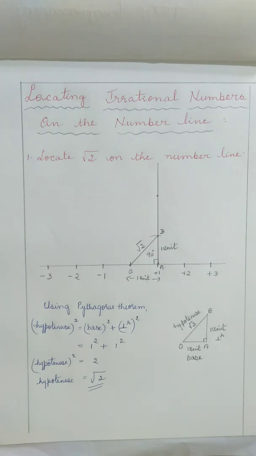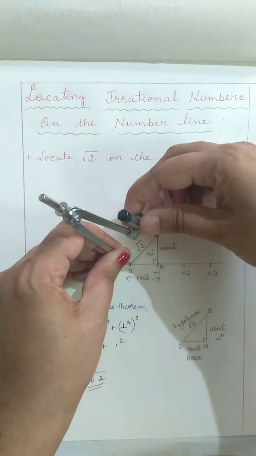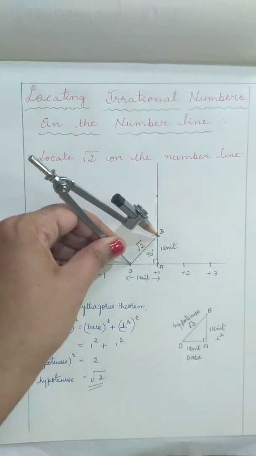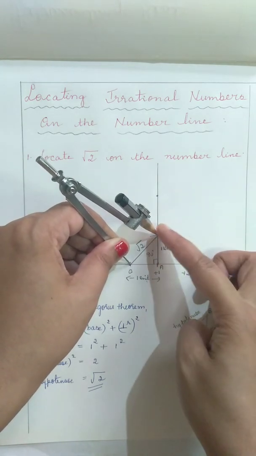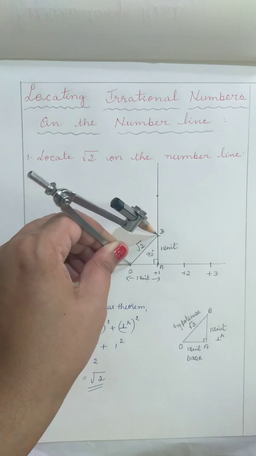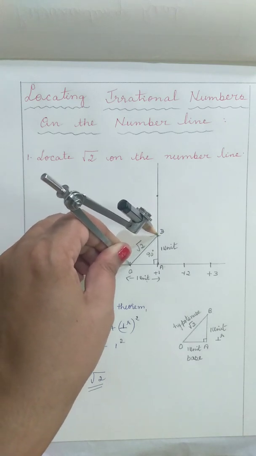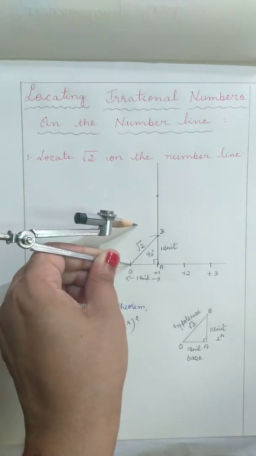By the theoretical calculation, that is from the Pythagoras theorem, we got to know that the OB value is equal to root 2. Now on the number line, we have to plot root 2. That is, in the next step, use your compass. From O to B, take the measurement like this, from O till B, where the 90 degree arc is formed. Then from O, draw an arc. Take the measurement from O to B using your compass. Then draw an arc in this way,